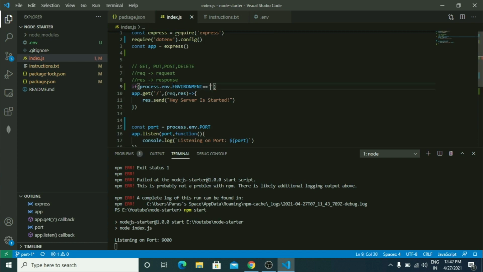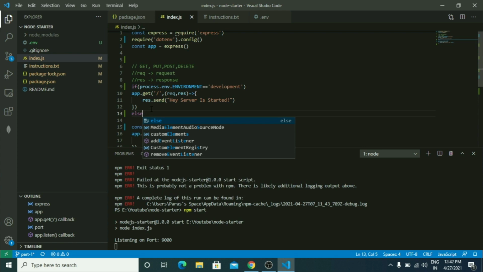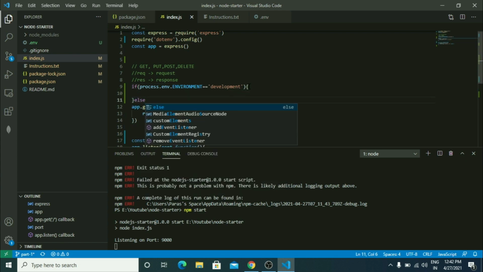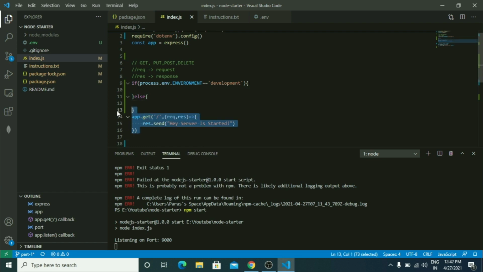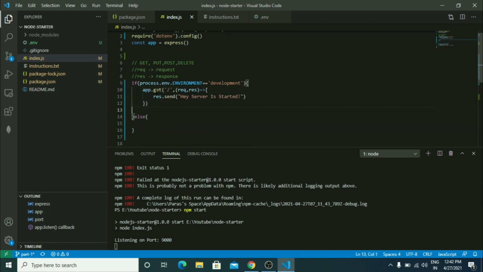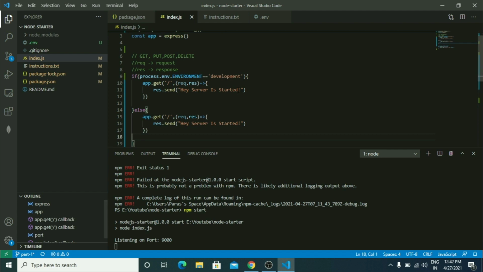Then mention development here. Development, else, server started for production.